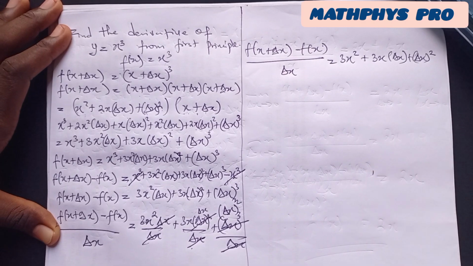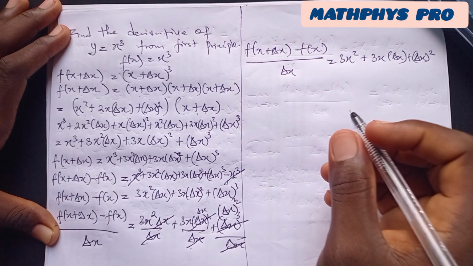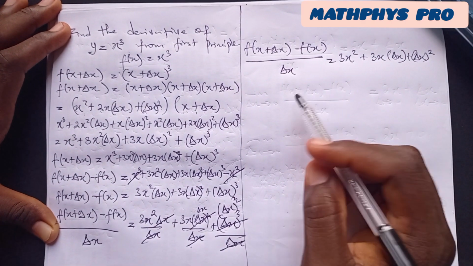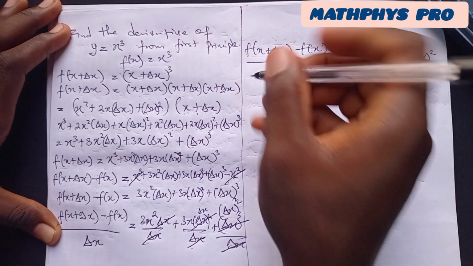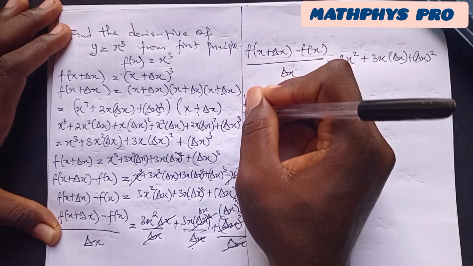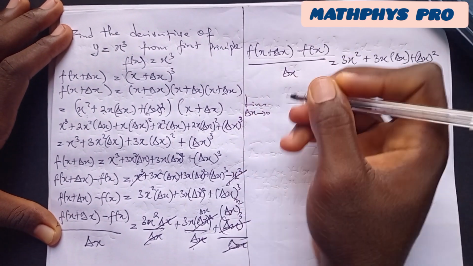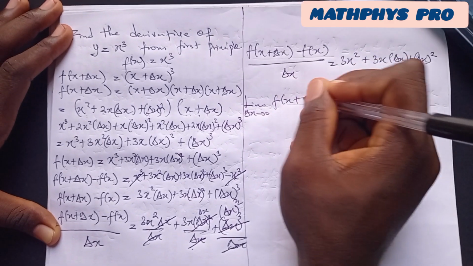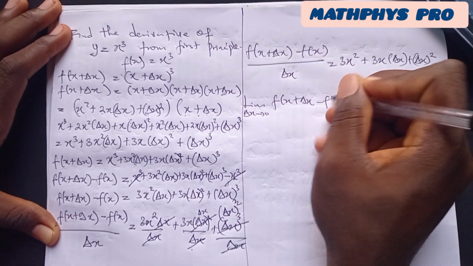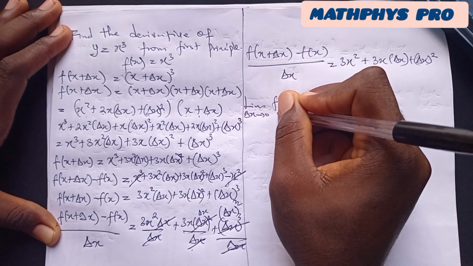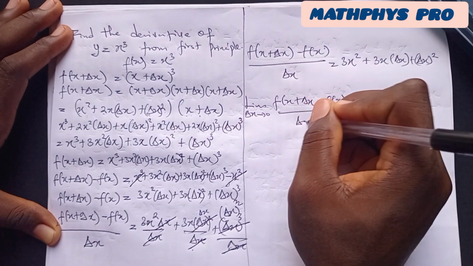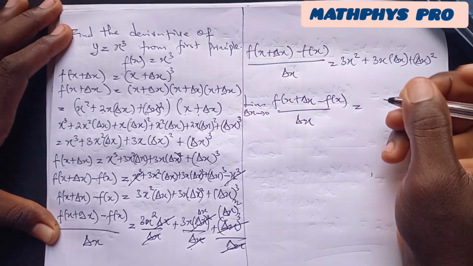The next thing to do is to take the limit when change in x approaches 0. So the limit when change in x approaches 0 of f of x plus change in x minus f of x, divided by change in x, is equal to